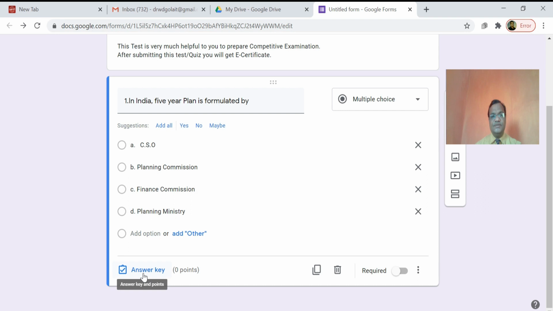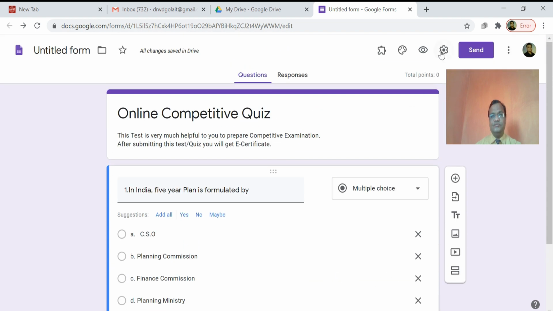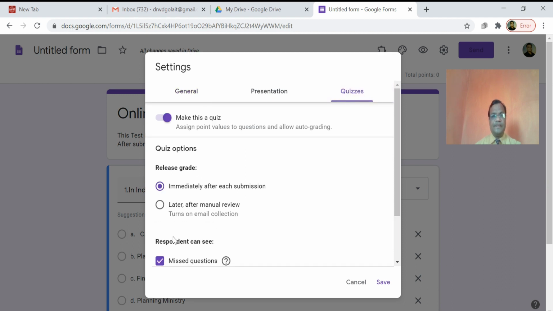Now there is an answer key and there are also points. Suppose after submitting this quiz, the student can get the result immediately, and it depends on your settings. Immediately after each submission means the student can get the result immediately if you turn on this button.